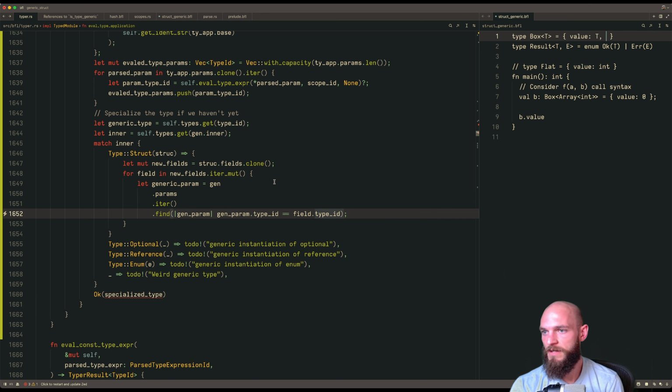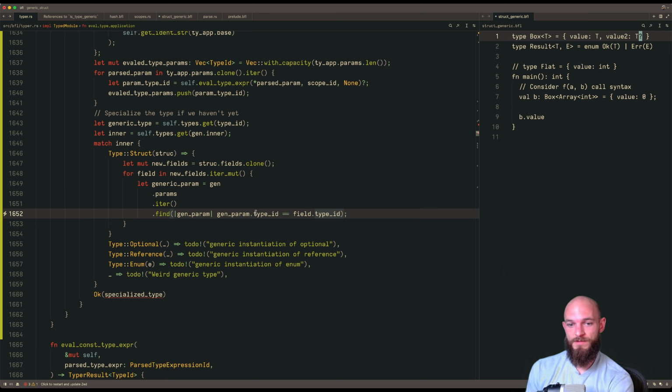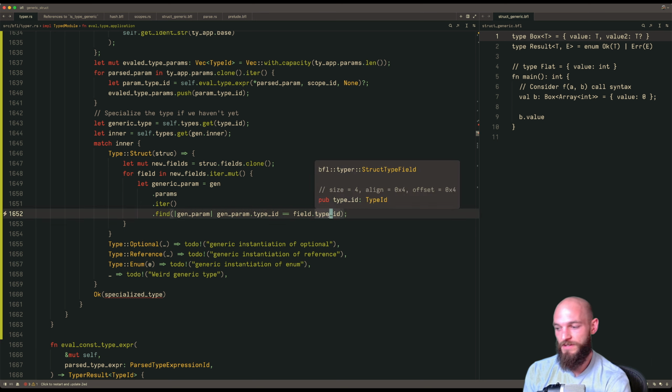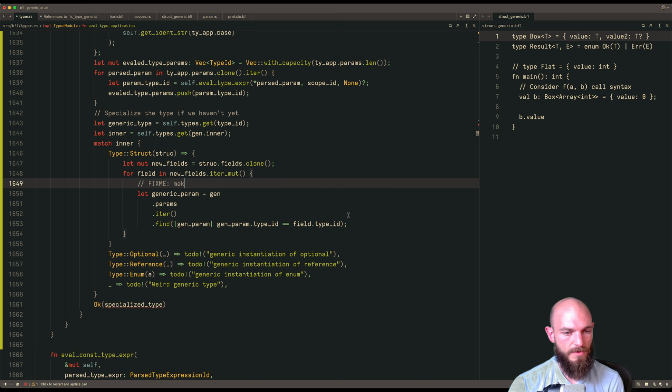Now I understand we have easy mode and then we're going to have hard mode, i.e. 2, which is going to be not a box of T, that'd be like mega hard mode, just going to be, let's say, a T optional. So that's actually not going to be equal to T. We're going to need to write something recursive that replaces all contained types. But we're going to do fix me, make this a recursive find replace